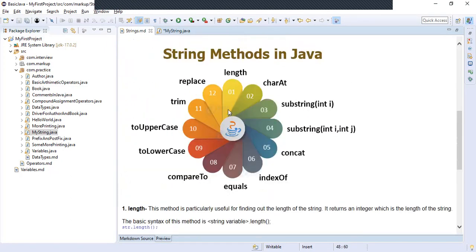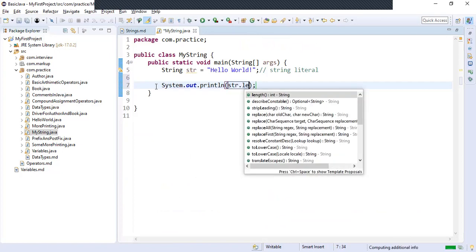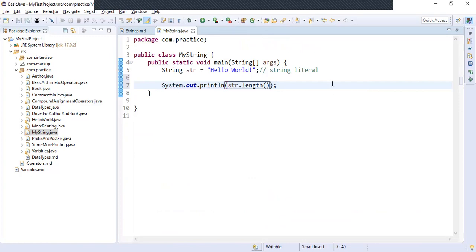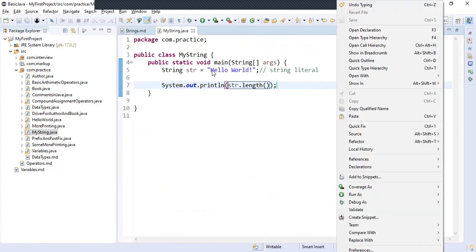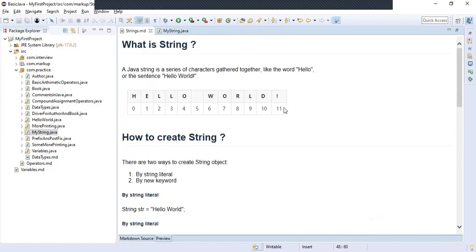This will tell you what is the length of the string. So let's first print the length of the string, str.length. This will print the length of the string. We will see from here what is the length. It's going till 11. So its length is actually, let's run and see,